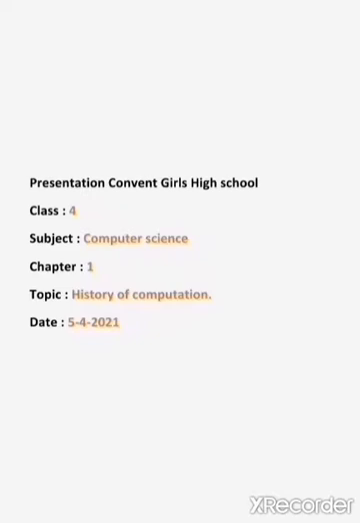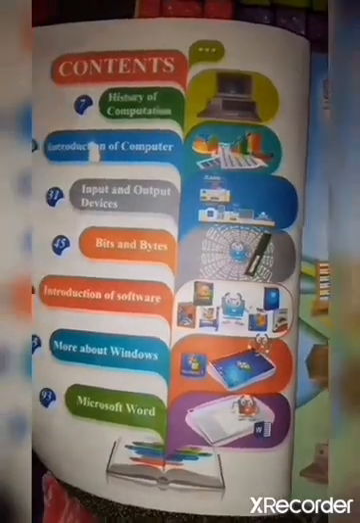I hope you all are very well. So, welcome to class 4. As in class 4, you will have computer science subject as well. So, let's get ready to learn computers. Quickly take out your book,